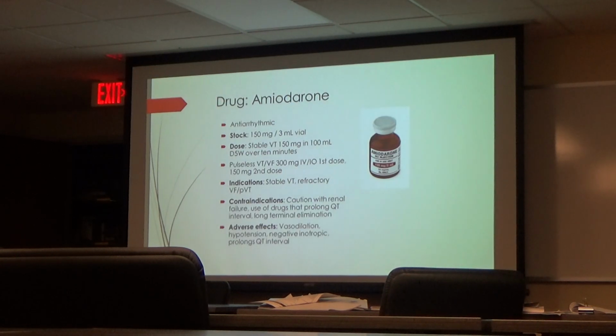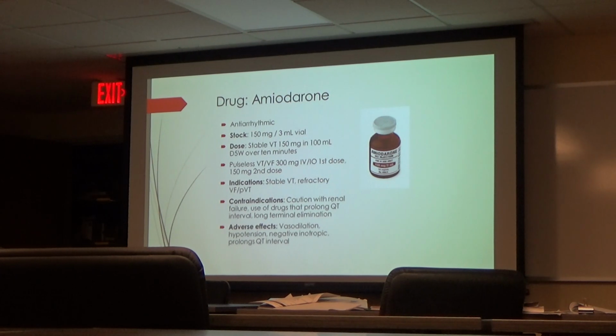So amiodarone is an antiarrhythmic, it works to settle down the ventricles of the heart. It also does work in the atria, but we mainly use it for ventricular arrhythmias. The only problem that you're going to see associated with someone who is using amiodarone, if your patient converts and